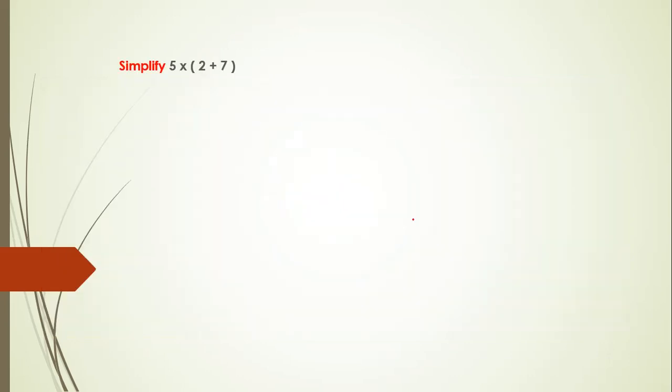Today in this video we are going to do the sum of the simplification problems on BODMAS rule. Here is the problem. They are given 5 into bracket of 2 plus 7. Before solving this, first we need to write the BODMAS on the right side. To solve this, we will write all the expressions as it is. Now, applying this BODMAS rule, we will underline the operations which we need to do it first.